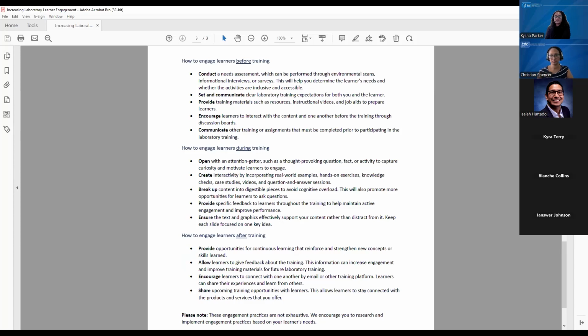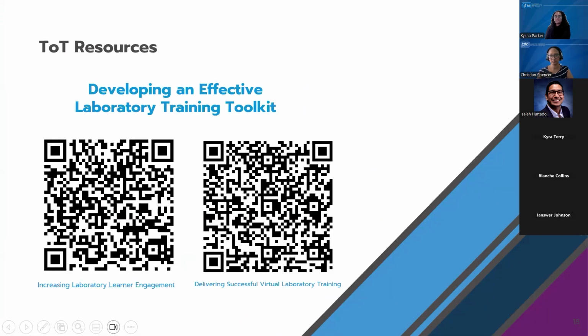And then the next one that we will briefly show you is Delivering Successful Virtual Laboratory Training. And as I mentioned, this focuses a lot on virtual platforms, what you can do with virtual platforms, some of the features of virtual platforms, and it also kind of goes into some of the more common ones. If you use